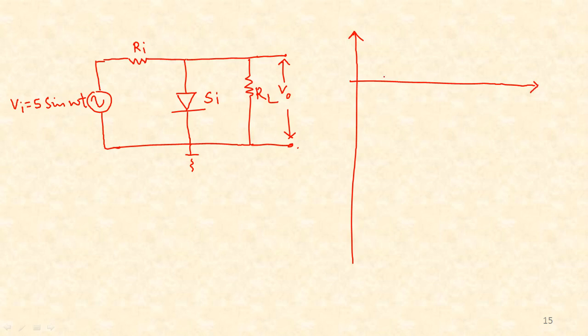I was actually expecting a question while solving the previous problem. Nobody asked me, sir, why didn't you consider the concept of transition voltage? Well, in the previous case there was no drop across the ideal diode, so the transition voltage was 0. Even if you had considered it, Vt would have been 0. However, here we have to consider the transition voltage because it is a silicon diode and there is always a 0.7 drop across a silicon diode. So let us understand that.